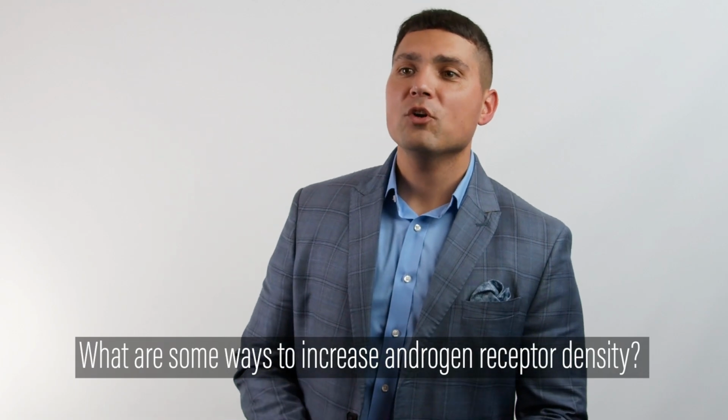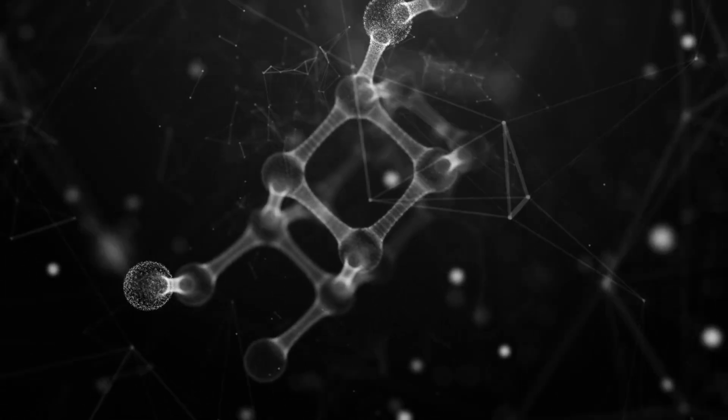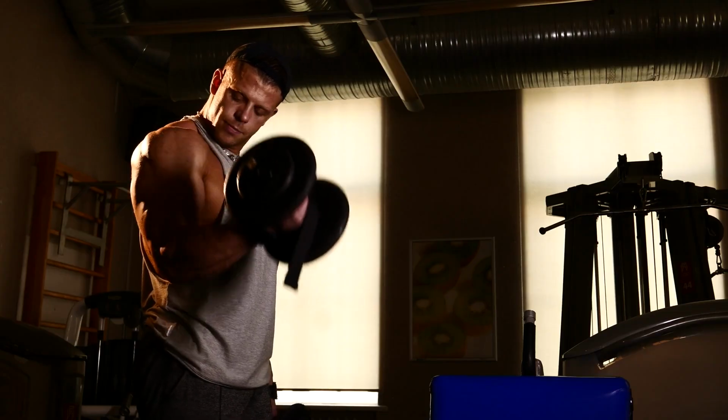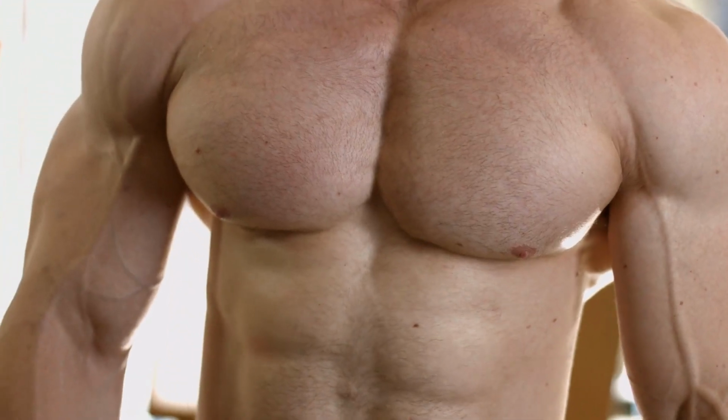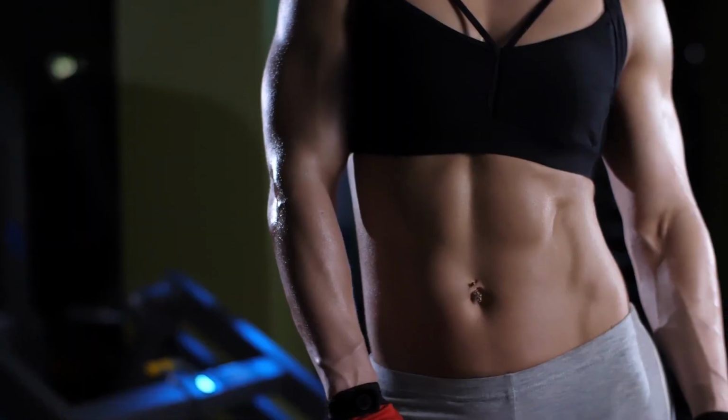So, great question. What are some ways to increase androgen receptor density? For those of you who are saying, what the hell is androgen receptor density? Well, basically, one of the ways that we grow is testosterone binds to its receptors and tells the muscle to grow. One of the reasons why guys can gain more muscle than females is because they have more testosterone